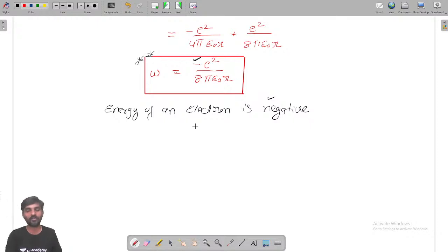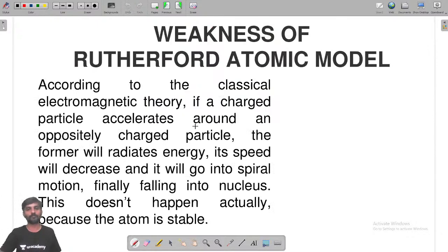So what is the drawback of the Rutherford atomic model, or what is the weakness of the atomic model? According to the classical electromagnetic theory, if a charged particle accelerates around an oppositely charged particle, the former will radiate energy, its speed will decrease, and it will go into spiral motion, finally falling into the nucleus. So what it is trying to say is,